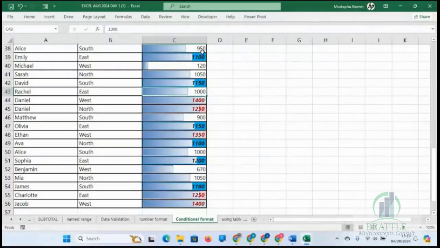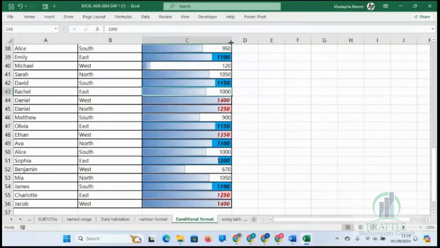Can somebody tell me what is happening here? Can you unmute and talk? Can you interpret this data bar? Or I should call a name.